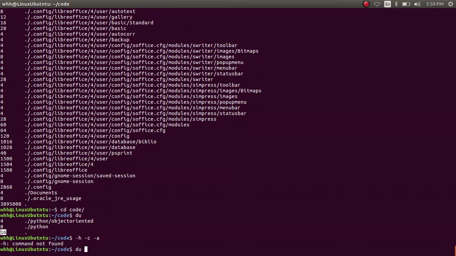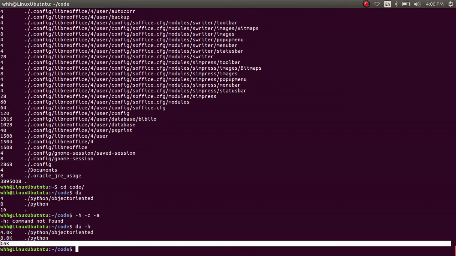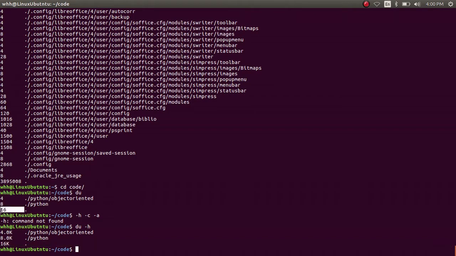The first is du -h. Du -h basically displays the output in a human readable unit. Here we can see my total disk usage of this directory is 16 kilobytes. Here K denotes kilobytes in a human readable format. Without it, we can't determine whether our disk usage is in KB or MB or GB. But here we can clearly know that my current working directory disk usage is 16 kilobytes.